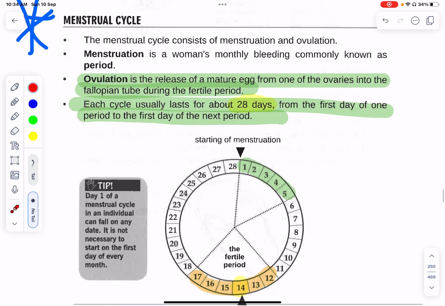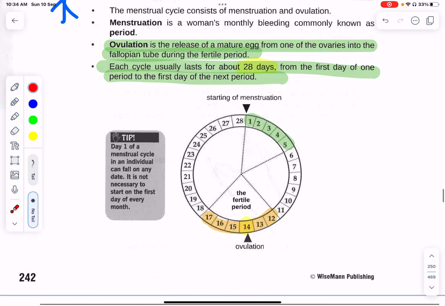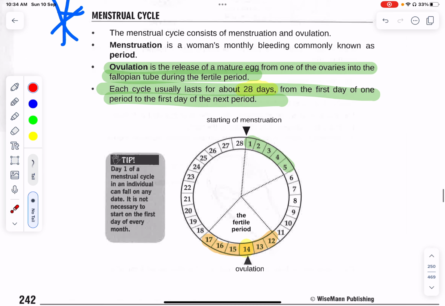Okay. Over here for the menstrual cycle, my suggestion to you is please pay very close attention to this because this is a commonly asked exam question. How can this be represented? It can be represented through a calendar. They give you a calendar and they ask you to count which day is the ovulation,